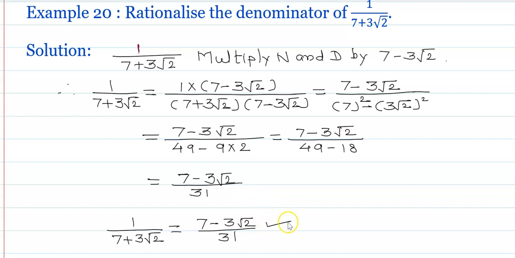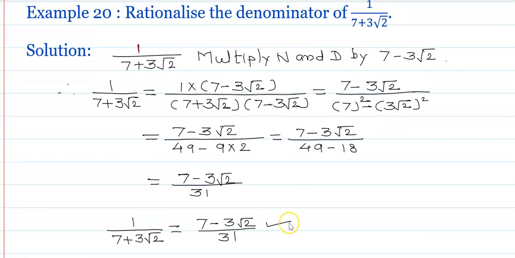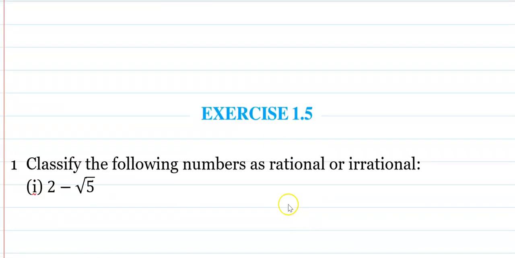And in this way the denominator is rationalized. And in this way we have completed all of the first part of exercise 1.5. In the second part I will explain the full exercise 1.5, and I will give the link of my second video in the description box of the first part, as well as in the